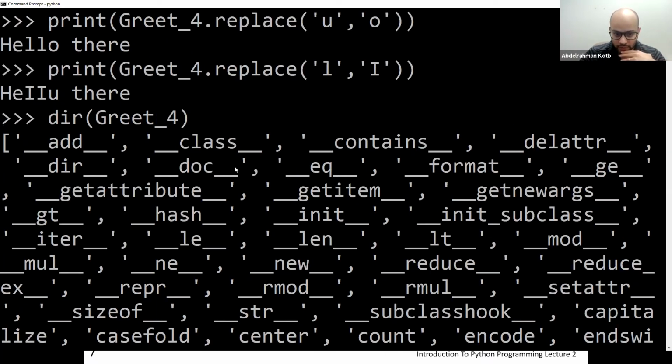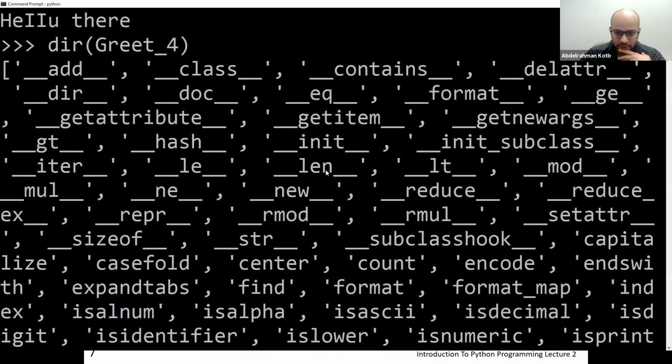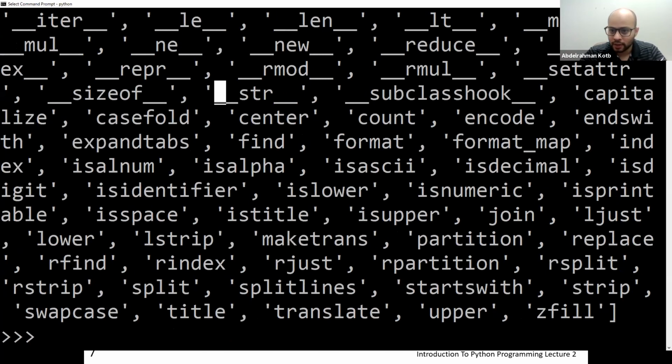Using these is a bit different if you have underscores. However, you can see you have rjust, rindex, split, rfind, rstrip, upper, translate, title, find.